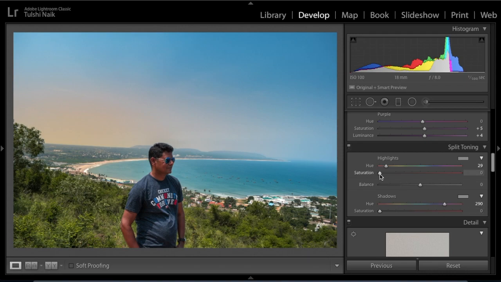So now gradually and slowly increase the saturation. We have adjusted the color. Now we gradually and slowly increase the saturation till you find it. So you can go over crazy like this and then slowly reduce till you see it has made a nice balance.